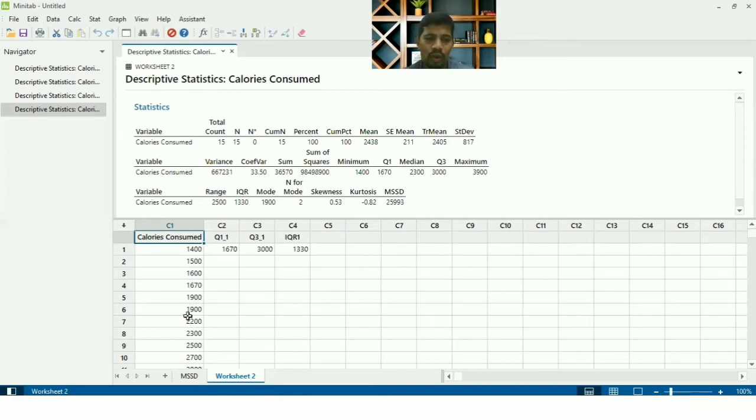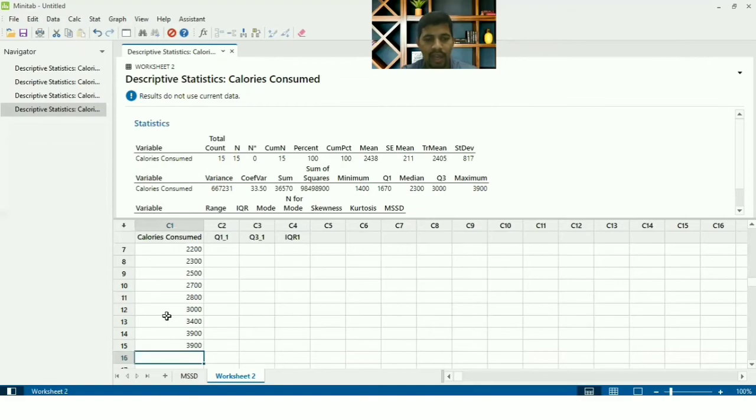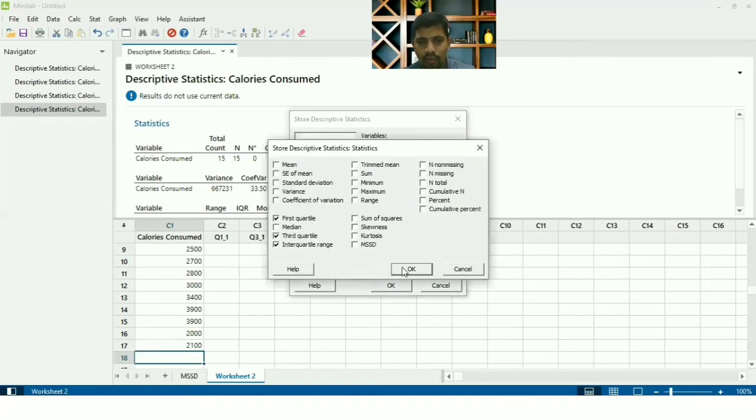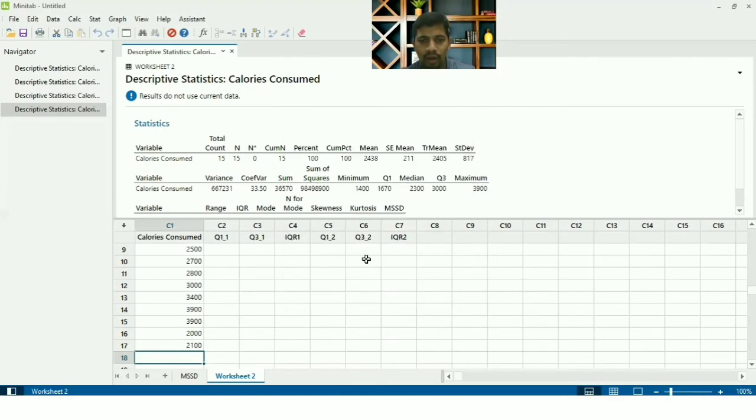And for example, if you wanted to append the data, let's say instead of 3800 you wanted to make 3900, and you have one more value, let's say 2000 we have, and 2100 we have. All you need to do is go to here, and then just check this value one more time, and then give OK. All these values automatically got calculated, right? So it has got calculated.